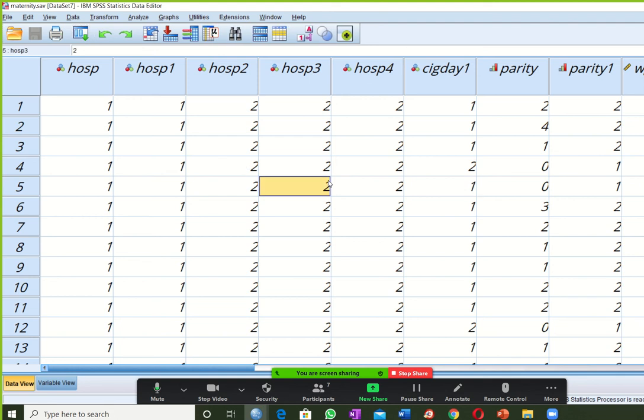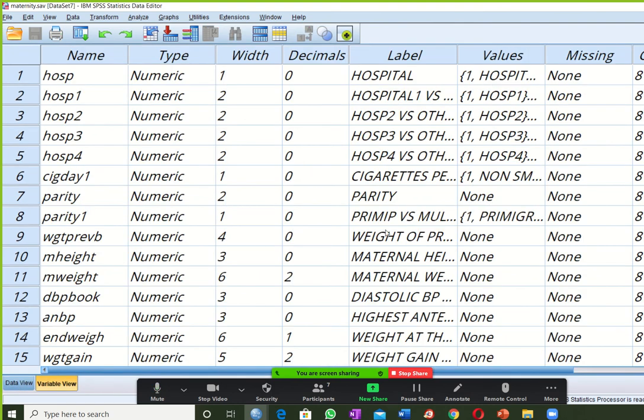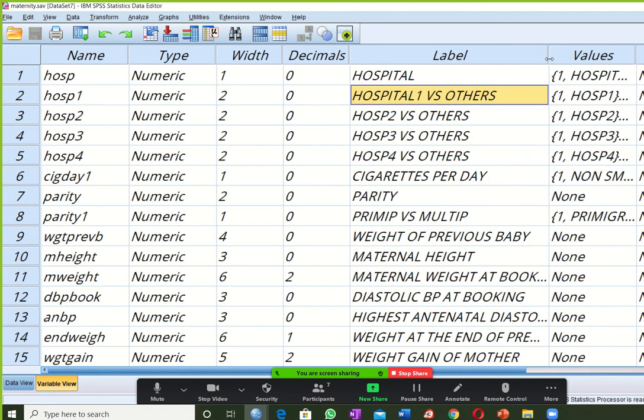Yes, hello again. Now this is maternity sub. Okay, this is another document, and you can see that there are many hospital host variables, host one variable, host two variable, and there are some explanations about it. Here you can see cigarettes per day, parity and parity one, lots of other measurements,